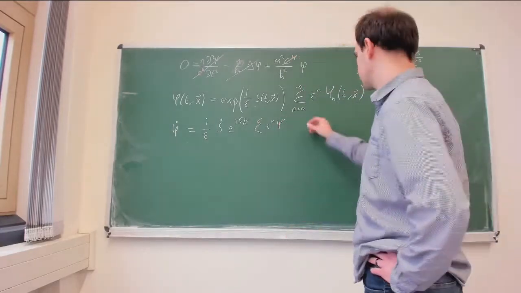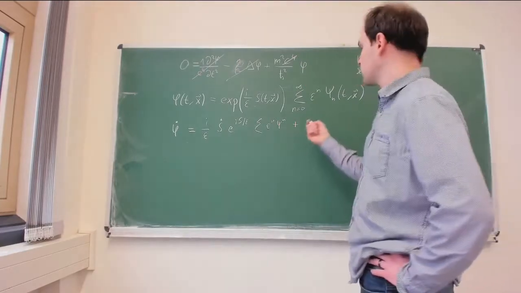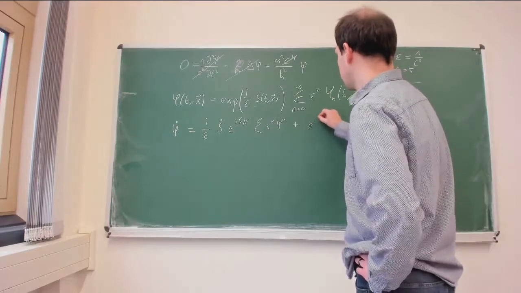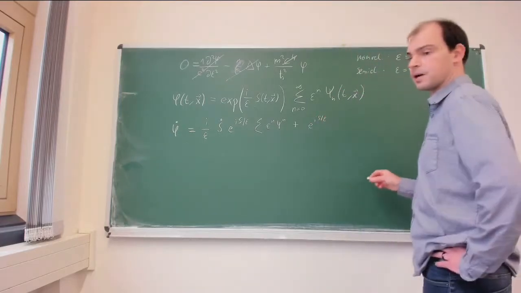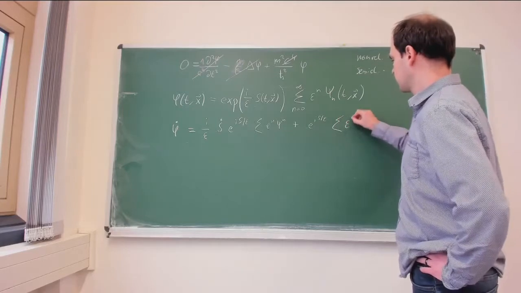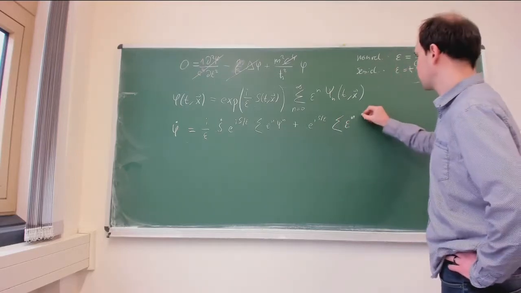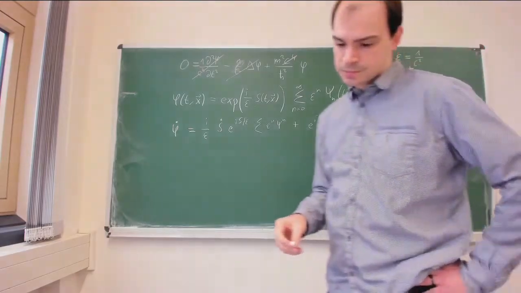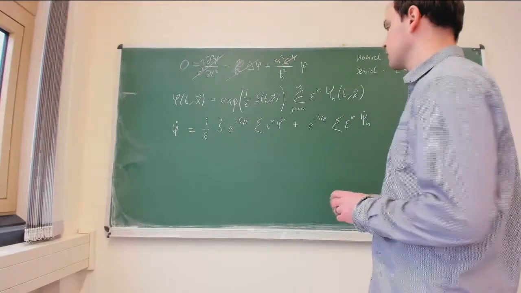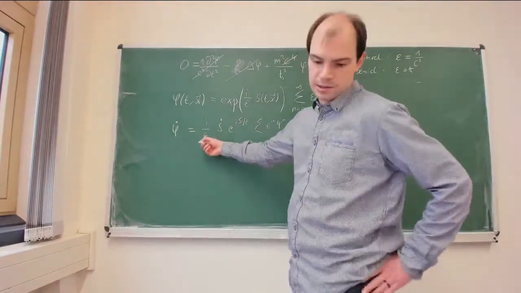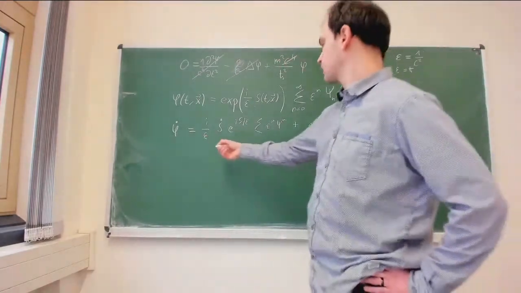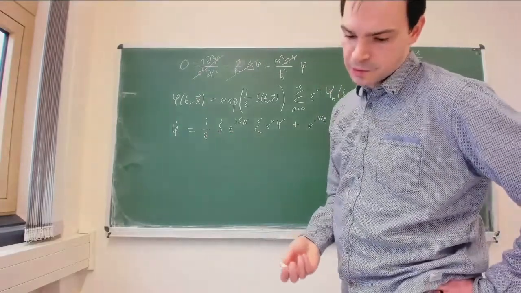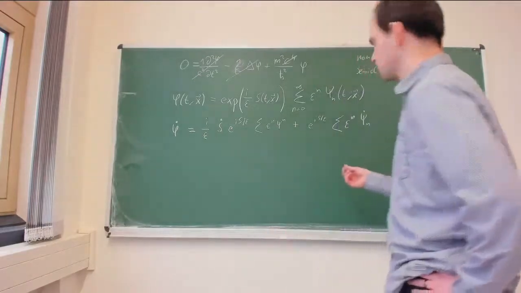And then we have the contribution where the derivative acts on our psi. So this gives us an e to the i S divided by epsilon, sum epsilon^n, and then we have psi_n dot. And now you see that here we have the 1 over epsilon. So this is of one order lower than this term, and what we can do in order to make them